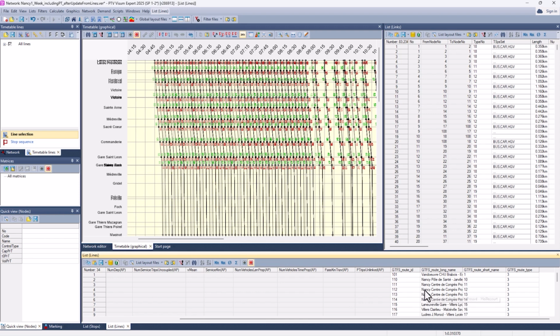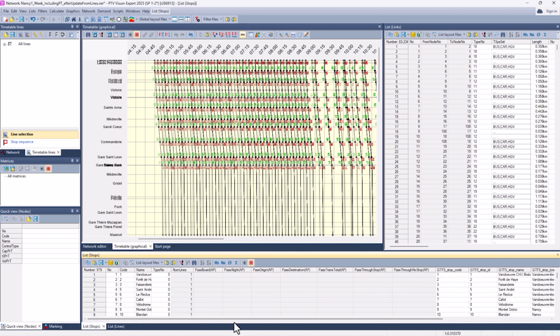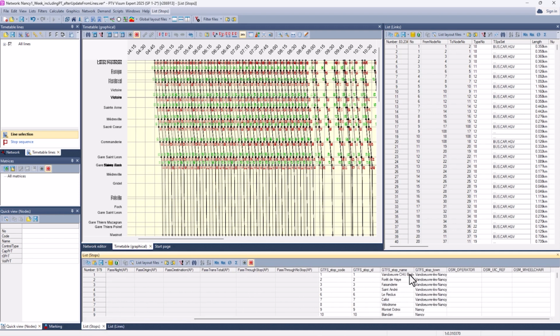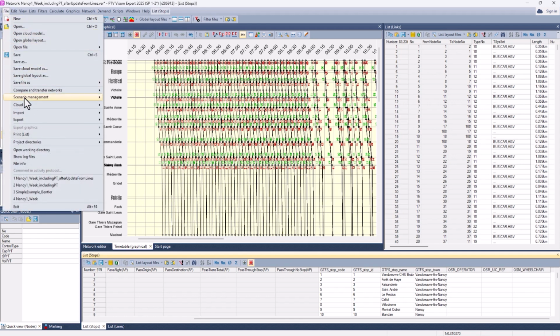They are still used as user-defined attributes in lines, stops, or line routes as well, all beginning with GTFS underscore. When I now export GTFS,